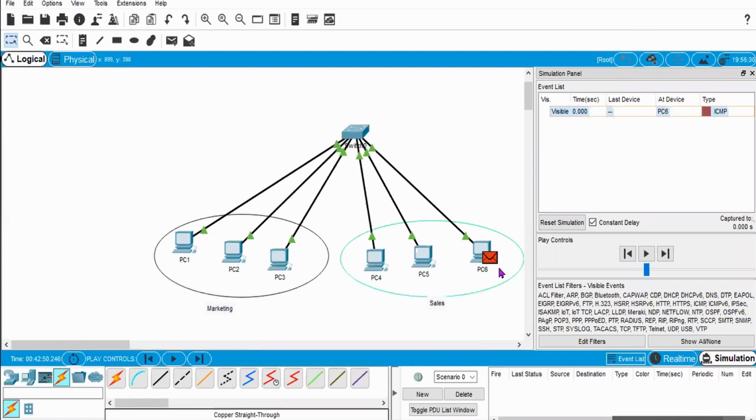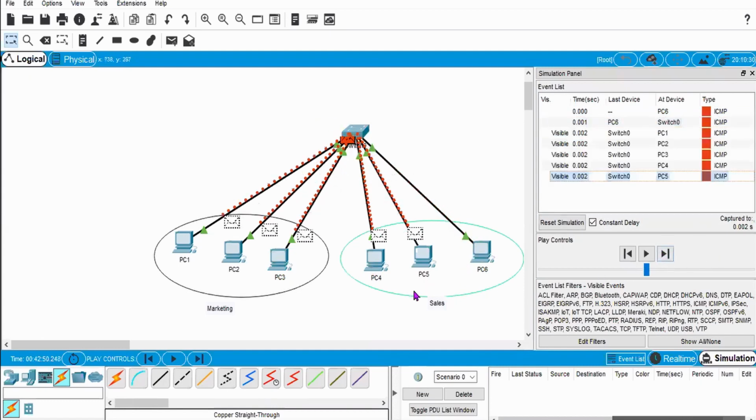Okay, so this echo request will go to this switch, and it will forward this to all other connections to that switch. That switch is basically forwarding that broadcast ICMP to all other ports, because they all are connected with VLAN number 1. Okay, so that request will go to the switch, and that switch will forward it to all the computers, and the marketing department will reject that echo request.